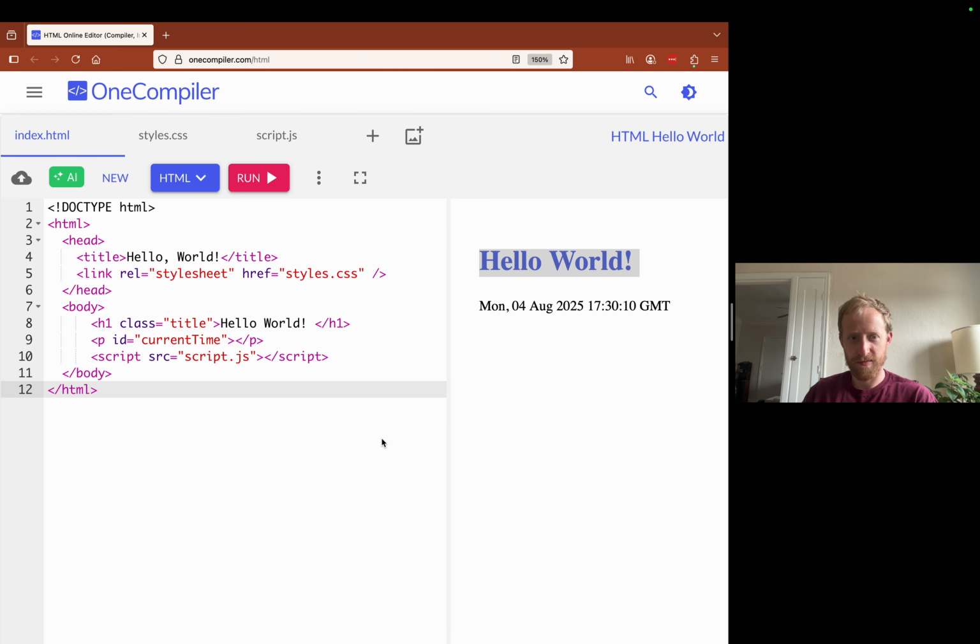I assume that means it's the title of the document, or the section of the document. Link, style sheet, style CSS. That you can't understand yet; I'll explain that shortly. Head, body, and then class, H1, etc. So I agree with Robbie.